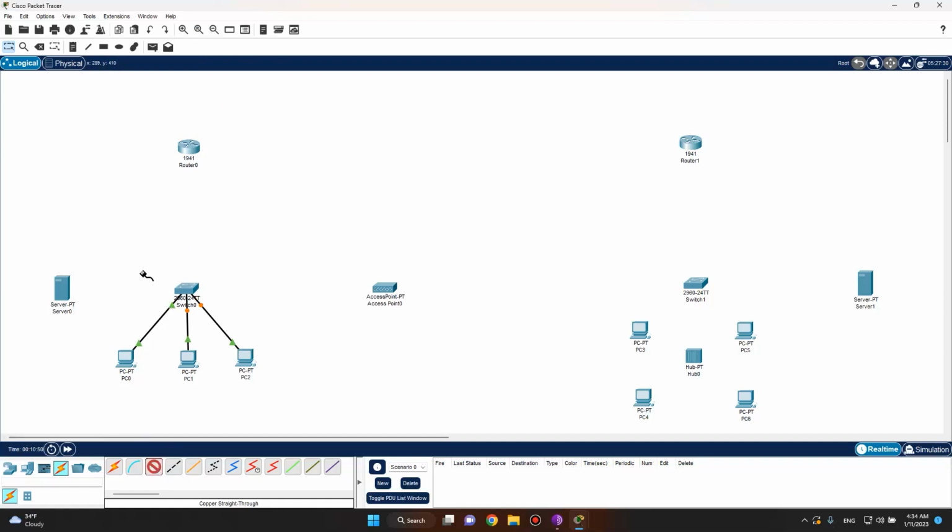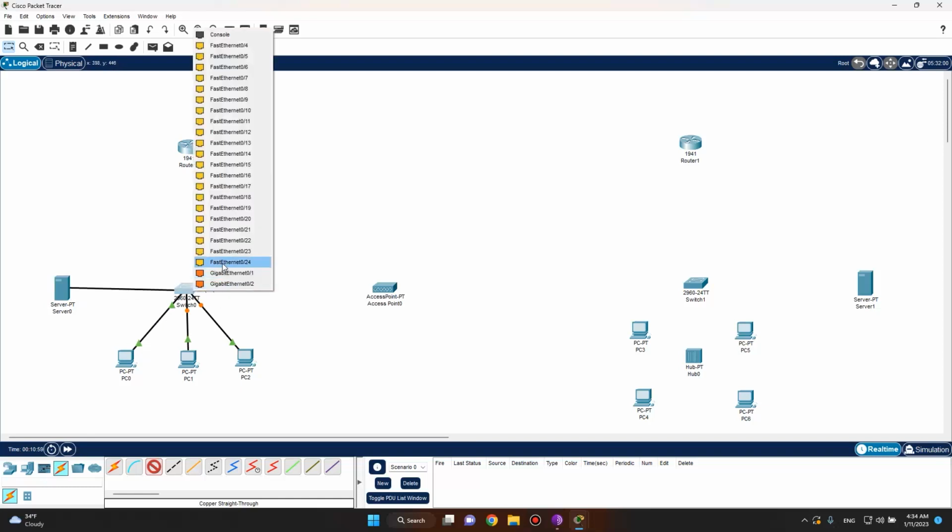Okay, now I have to go for the connection between the server and the switch. I will put this one, the Fast Ethernet 0 to 0/24. The reason I do that, it means you can go for each one you like. It's optional, but I want to memorize that. Okay, this one is the server, so I put it on 0/24. So every time I want to know which port I want, I easily remember it. So I go for Fast Ethernet 24. If you want to put in different ports, it's totally fine. Okay, I go for Fast Ethernet 0/24,